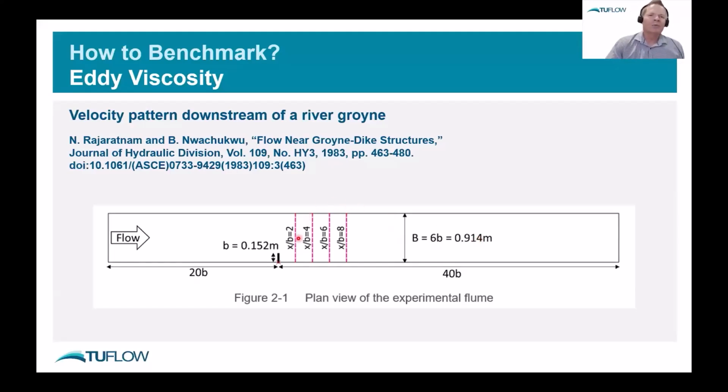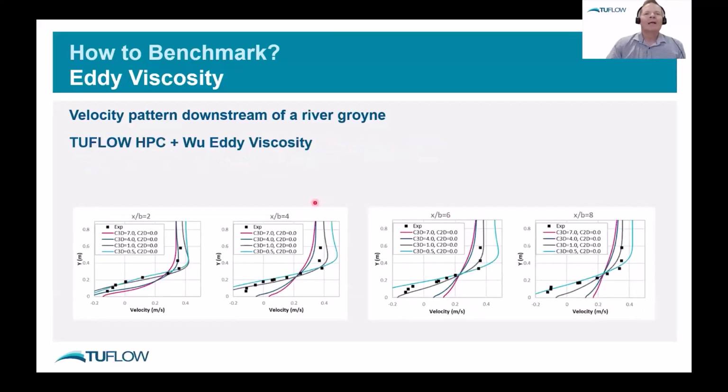But how quickly does it recover? In here, you're going to get a recirculation eddy behind the groin, and then eventually, well downstream, it's going to recover. So we've run this one with two-flow HPC as well. And these charts here are showing the velocity along the x-axis, or the abscissa axis, and then the distance from the near bank out into the channel is on the vertical axis. We've run it for a range of different eddy viscosity models using the CD3,